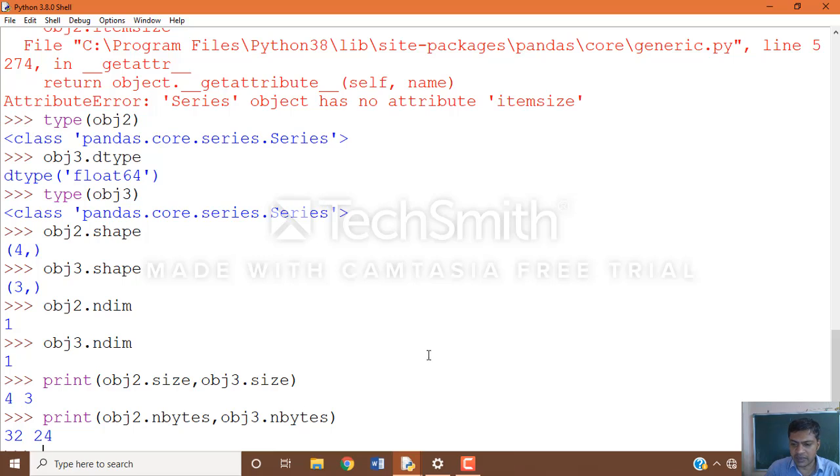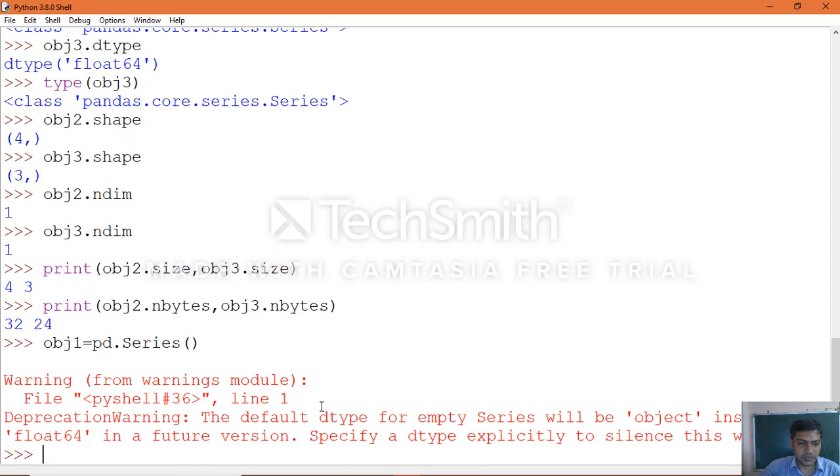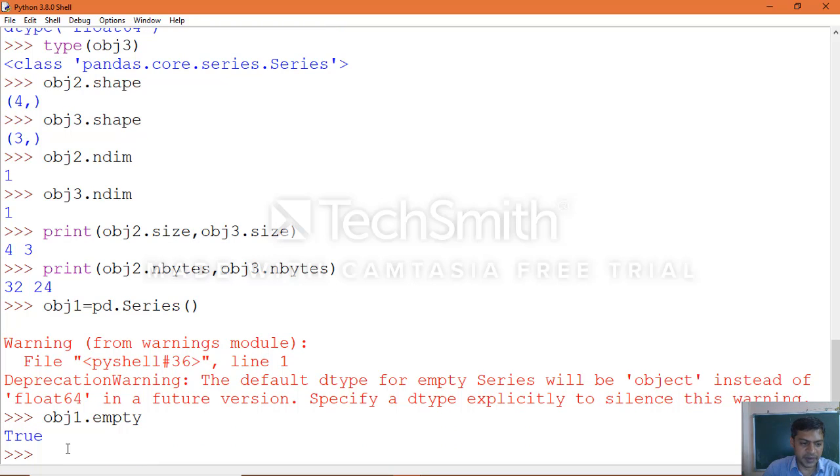In the same manner we can check the emptiness of a series object. We can directly create an empty object, obj1 = pd.Series(). We created the empty object, and we get a warning, as we saw when we started with the series concept. Now if you check the object name dot empty attribute, it returns True if the object is holding nothing.